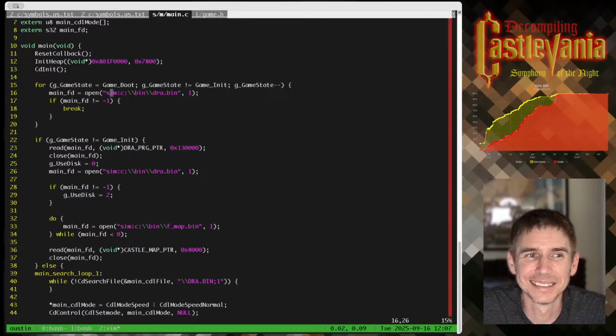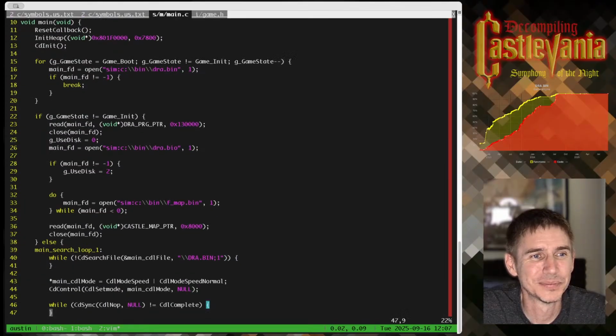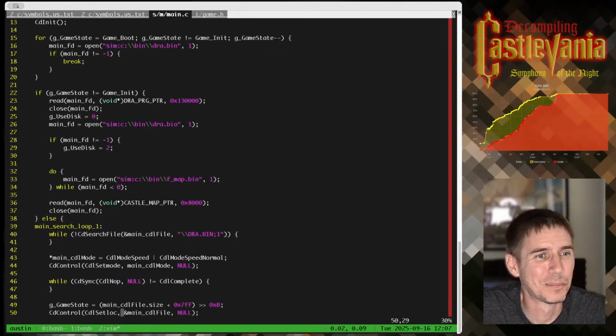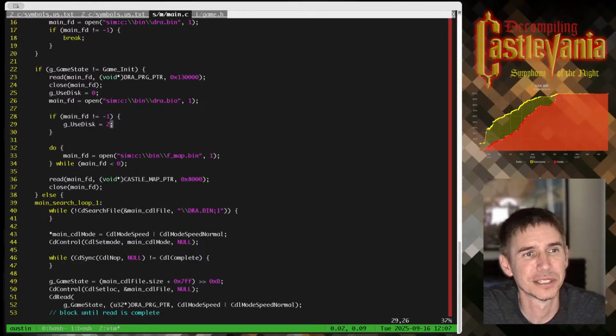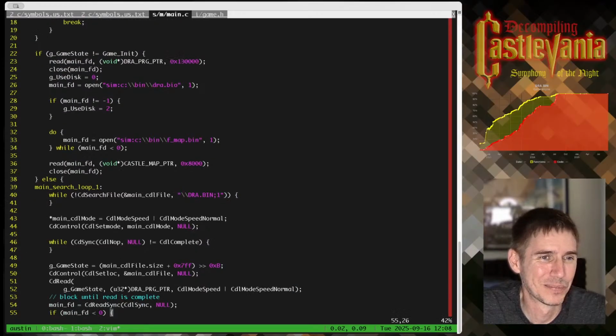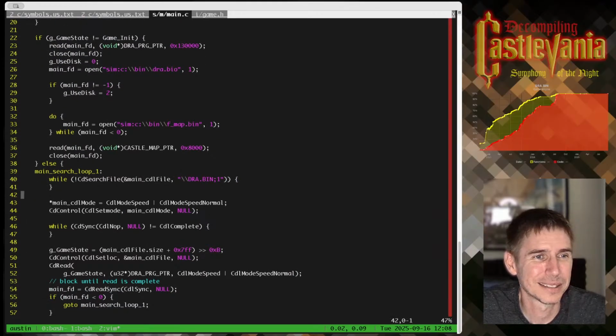The BIOS, believe it or not, uses drive letters. So they're loading things from drive C. And then waiting on DRA.bin, basically. Actually, no, this is different. This is for the simulator. Never mind. They use real paths for DRA.bin.